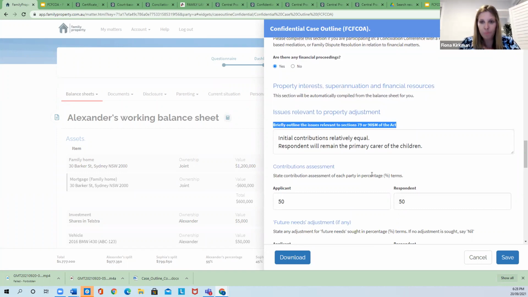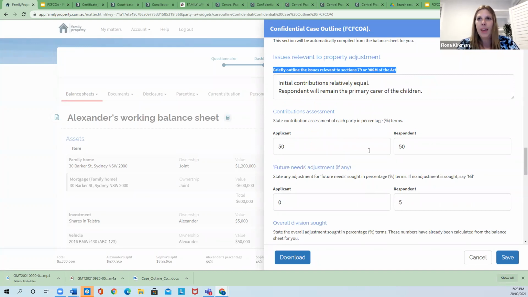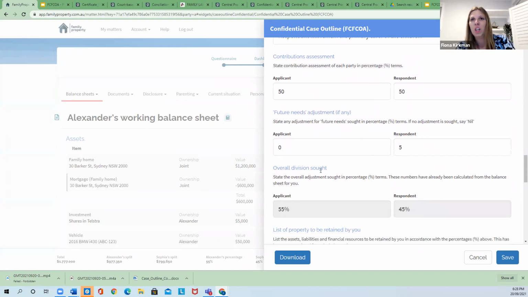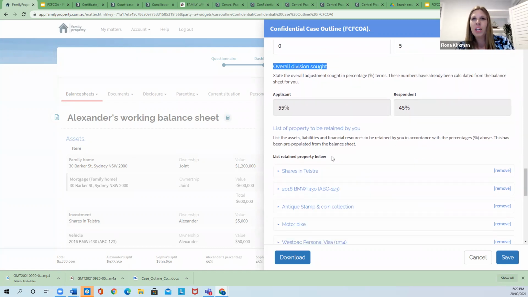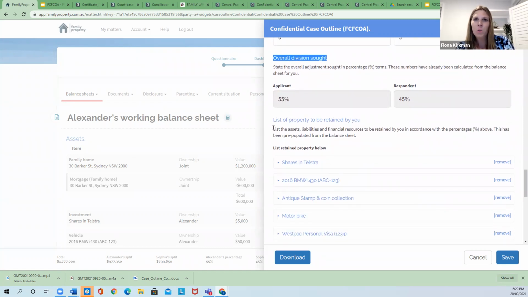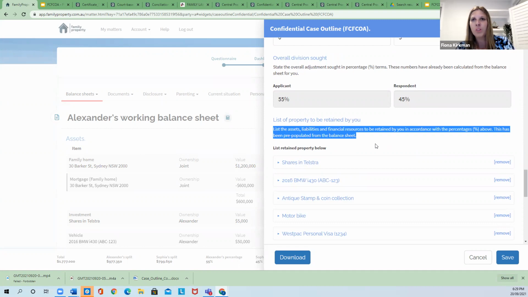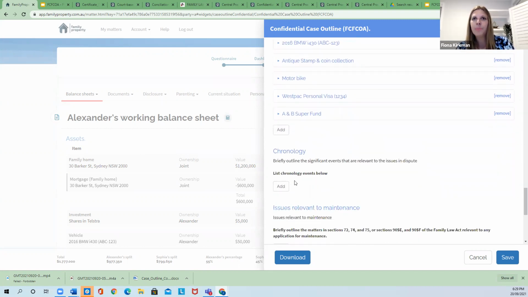And then contributions, so whether contributions in a percentage term for the applicant and respondent, and future needs or Section 75(2) adjustments, if any. We will also populate the overall division from the balance sheet, as well as, if you've used the balance sheet and modelled out a proposal, the items that are being retained by your client.